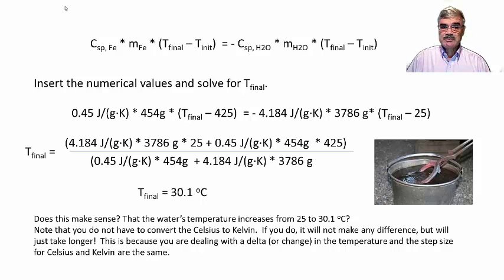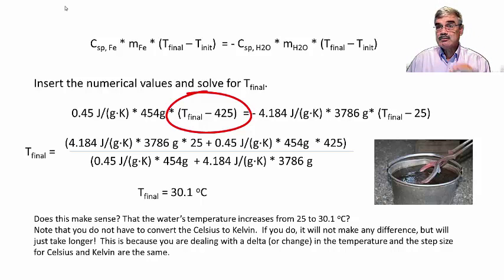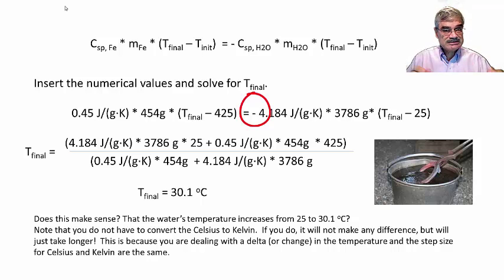And again, as we said, we have just about all we need. We have the specific heat of iron. We have the mass of iron. We said it was a 1 pound or 454 gram horseshoe. All that times the final temperature, which is the unknown, times the initial temperature of iron, which was 425 degrees centigrade. And this is equal to minus